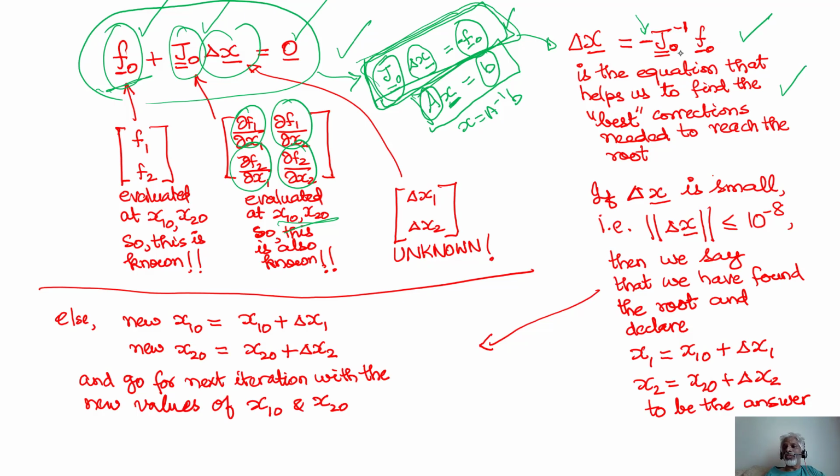Please note this would work only when the Jacobian is invertible. This matrix is invertible. All right. If the matrix is not invertible, then we are into some trouble. So we have to start with a different initial guess, etc. All of this rests on the assumption that the Jacobian matrix is invertible as we go from iteration to iteration. Most of the time, there is no problem. Please look at this. When we did it for univariate systems, one nonlinear equation and one unknown, delta x came out to be equal to minus f of x naught divided by f dash of x naught.